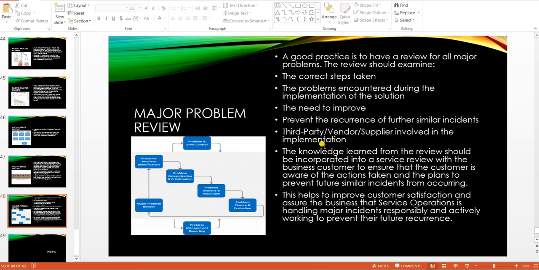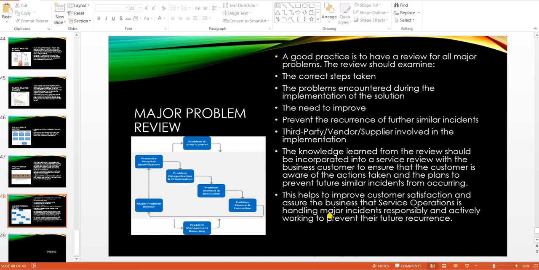Also, you need to check the third-party vendor supplier involved in the implementation. You need to also check the reoccurrences of further similar incidents based on the problem that you have encountered. So this is just a review, as the word suggests, of the major problem. So that's it in terms of